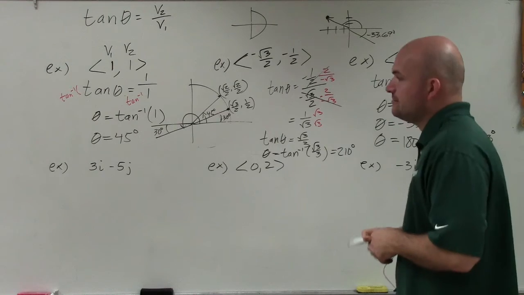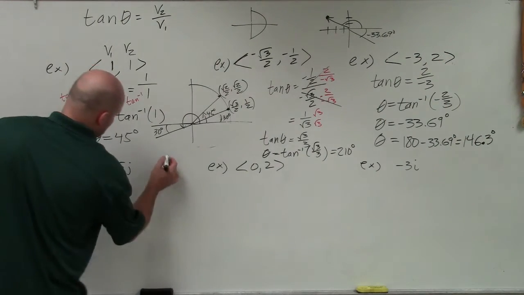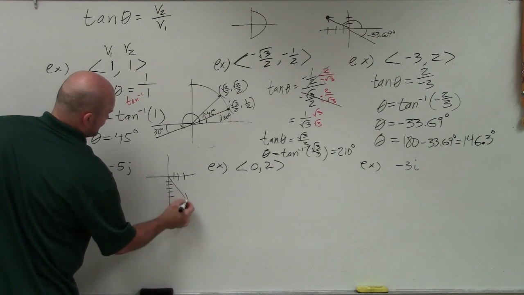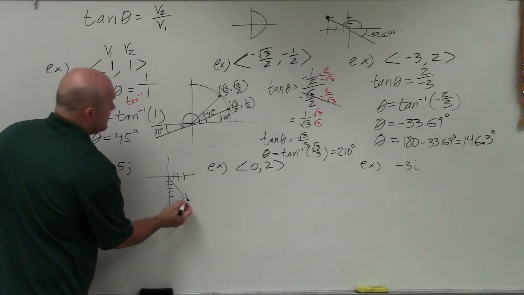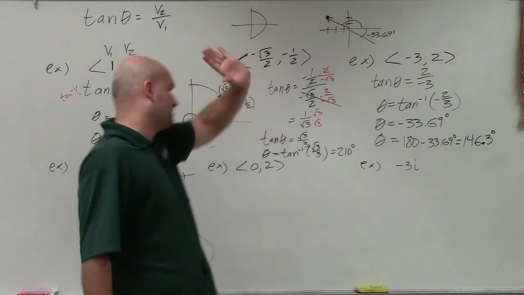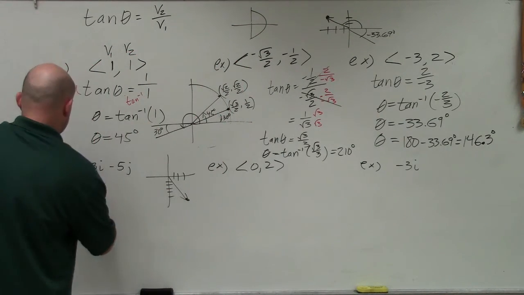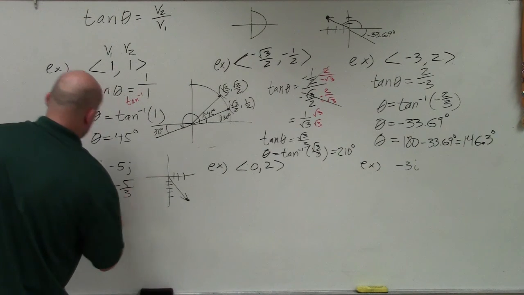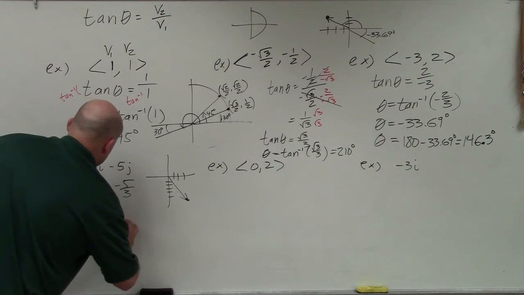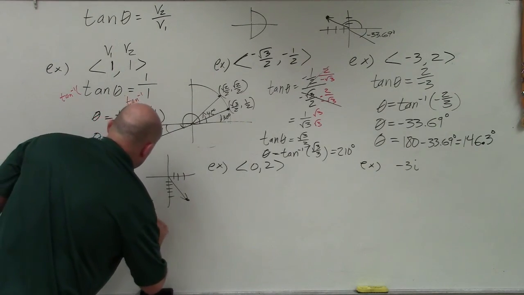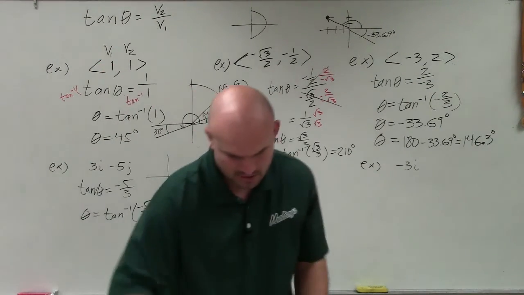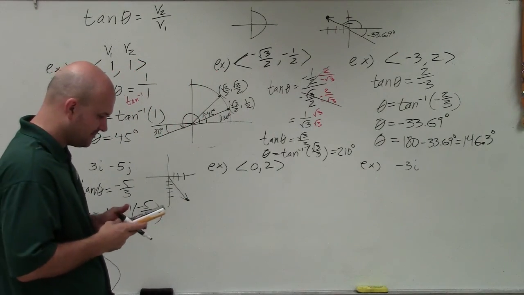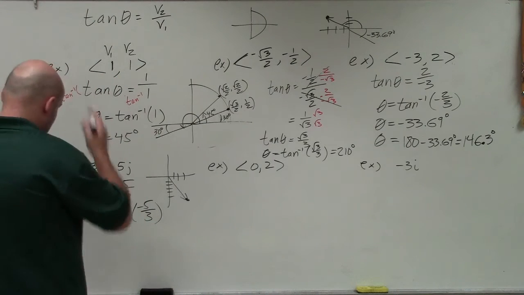The next one I have is 3i minus 5j. So again, sometimes it's just helpful to sketch the vectors. 1, 2, 3, 4, 5. OK, so I know this is going to be in the fourth quadrant, which falls within my range of tangent. So that's perfectly OK. Now I'm just going to do the tangent of theta is equal to negative 5 over 3. So theta equals tangent inverse of negative 5 over 3. So I do inverse tangent of negative 5 divided by 3, and I get negative 59.036